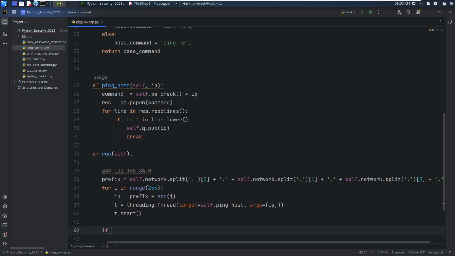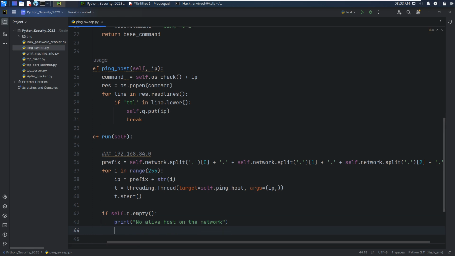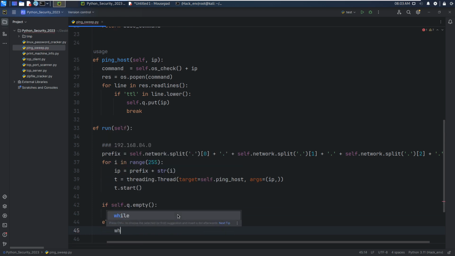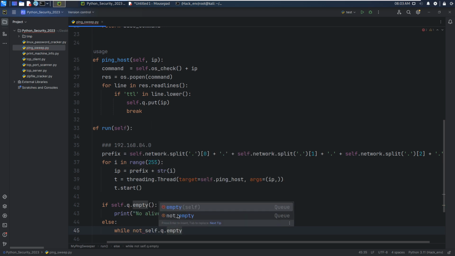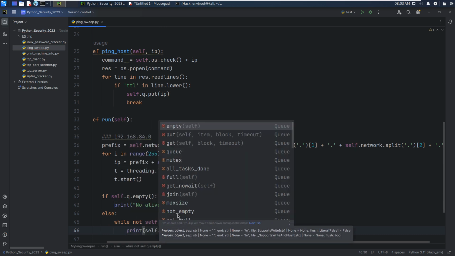We can have a conditional, if self.q is empty, it means that nothing is put into this queue, and then we can print out something like no alive hosts on the network. Okay, otherwise we can loop while not self.q.empty, and we can print out self.q.get.